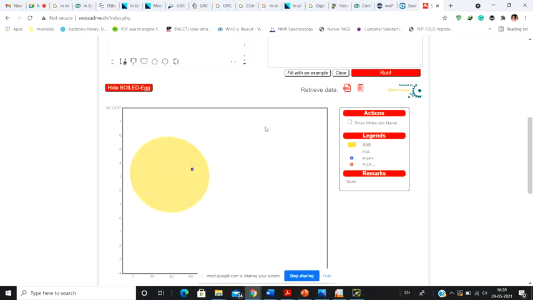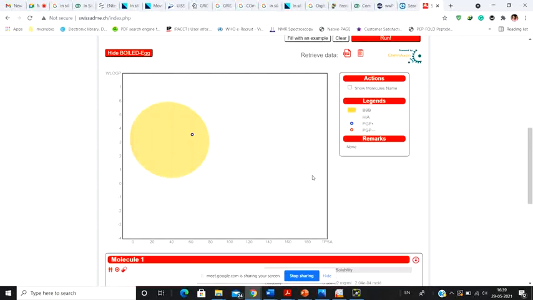And if a molecule lies within this other gray zone, that signifies that the particular molecule is not GI tract absorbable. It is not absorbed by the GI tract. Sometimes we are going to find that the molecule is present at the edge. At this edge, it means it is slightly absorbable. So if the molecule is present at the center, it is much better. Now in this particular case, it is present at the center. So that means it is highly probable that it is going to move through the blood-brain barrier.